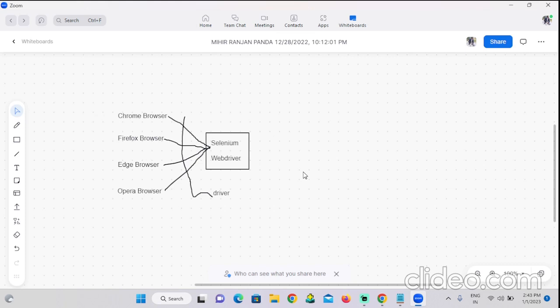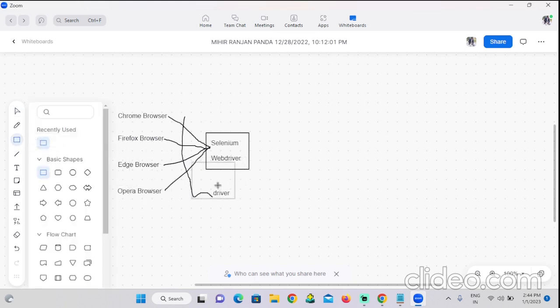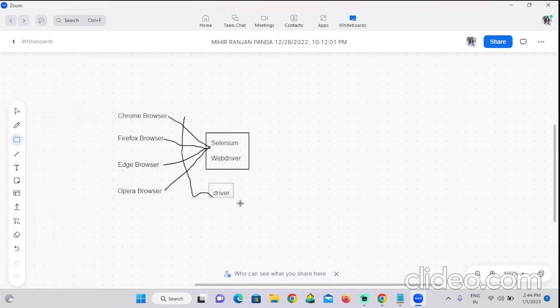So in order to build these drivers, for the Chrome browser, we need the Chrome driver,